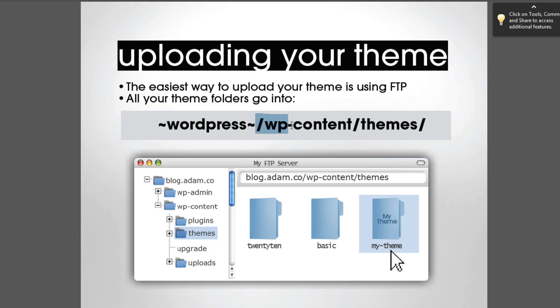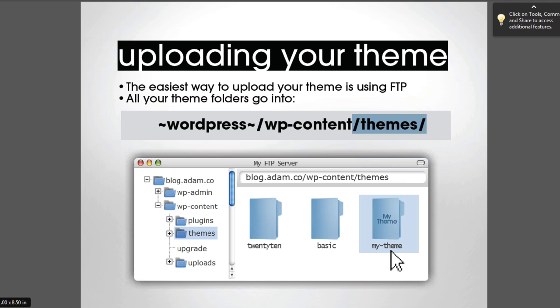And within that, you're going to have a folder called WP-content, and within that, you're going to have a folder called themes. So in this example below, in this sort of picture you see, I have my WordPress blog as blog.atom.co. That's the folder on my web server that I have the WordPress set up in. And then within that, you can see I have my WP content folder, and inside that, I'll have my themes folder. So inside the themes folder, you're going to have maybe a few different themes in there. So we need to actually find this WP content/themes folder, and that's where our theme is going to go on